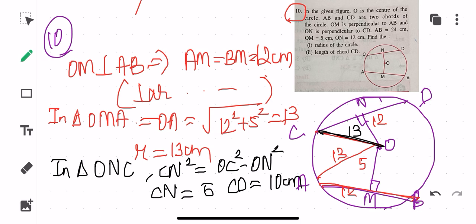But again children, you have to specify the reason. What is your reason? You will be writing perpendicular from the center of the chord bisects the chord. If you are not writing that statement, then your entire sum is going to go wrong. Alright, so this is the way this particular sum has to be done children. So we are done with all the questions of this particular exercise. So you must have realized that what is most important in this particular exercise is the fact that you have to consider the chord and the perpendicular, and if you are writing down all the things properly, then only you can expect the entire marks.